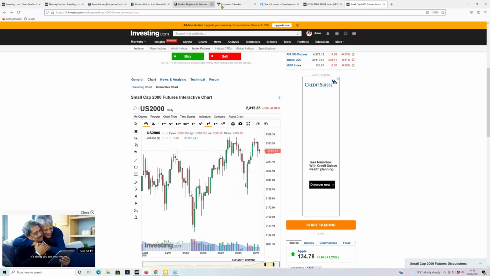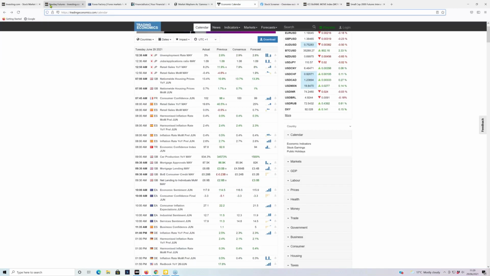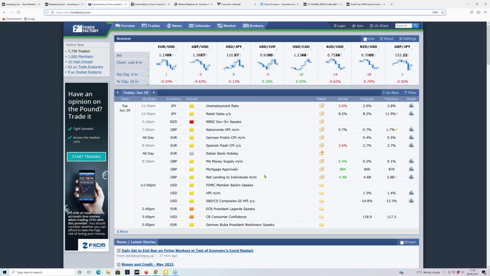And finally, a final look at the economic data. I've mentioned it before, try and have multiple calendars, but certainly more than one. If you look at Forex Factory and see what is happening today, it doesn't seem as though there's very much going on. I mean, Lagarde is speaking, there's yet another Fed member speaking, but it doesn't really look terribly comprehensive. I use Financial Juice as well,